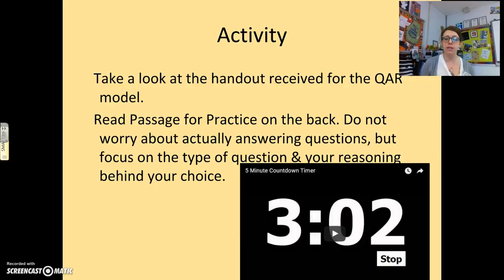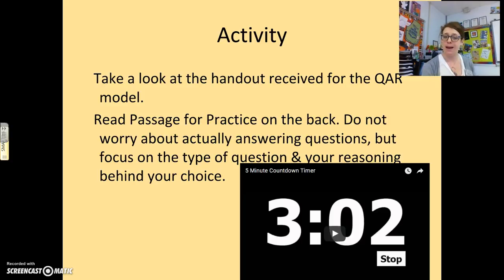Okay, so what I would like you to do, and I'm going to ask Mr. Lammers to hand out this activity. I have a handout for you, and it has more information about the QAR model. So first, what I'd like you to do is take a look at those different types of questions that are listed in there. It will be extremely helpful whenever you're actually implementing these different strategies into your lessons for the remainder of the day. Then, whenever you're done reading through the 4 different QAR question model,